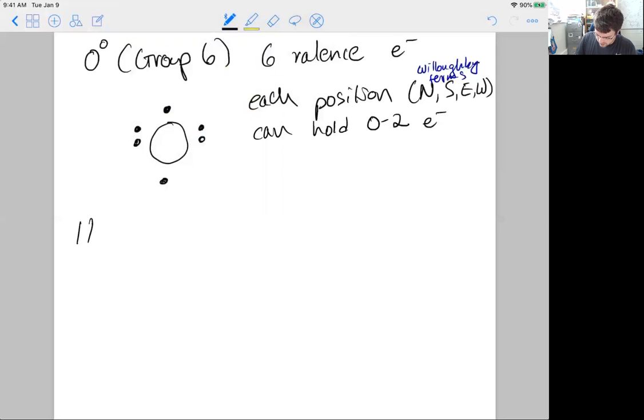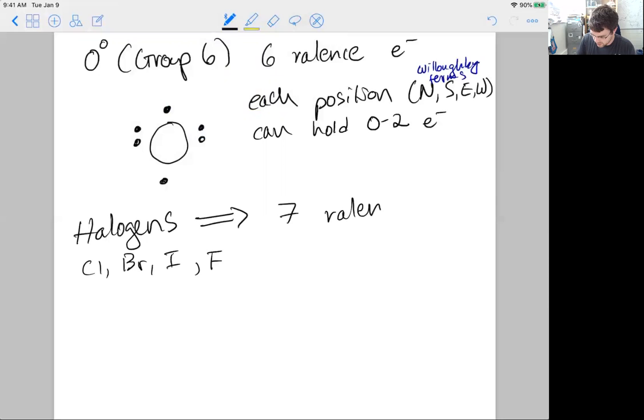The last group are the halogens. So the halogens would be chlorine, bromine, iodine, and fluorine. Halogens all have something in common, and that is they have 7 valence electrons. If we look at how to position those, we'll pick on chlorine. Now, it doesn't matter how many total electrons it has. We go right to group 7. That's the halogen group. We know that it has 7 valence electrons. I'm not going to worry about all the other electrons, just the valence electrons. And for chlorine, bromine, iodine, and fluorine,